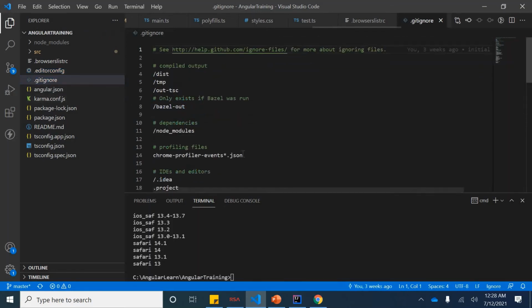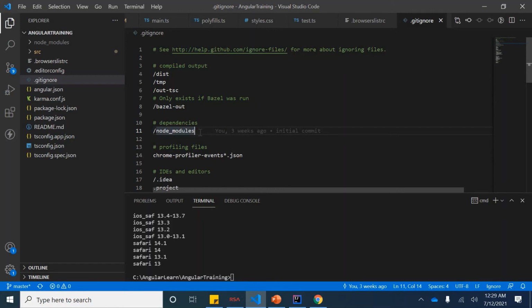And then .gitignore. Gitignore is nothing but ignoring files when you are checking in your code to GitLab or GitHub or wherever you are maintaining your code, right? So there it will ignore this particular place. It will be ignoring whichever entries you want to put here, like dependencies. That means when you check in your code, it will not check in the node_modules. So whenever somebody new comes and downloads this project, they have to run npm install after downloading.